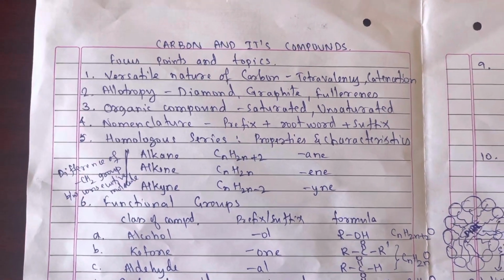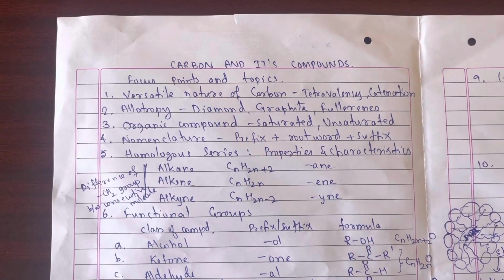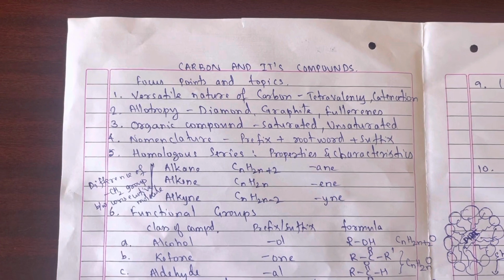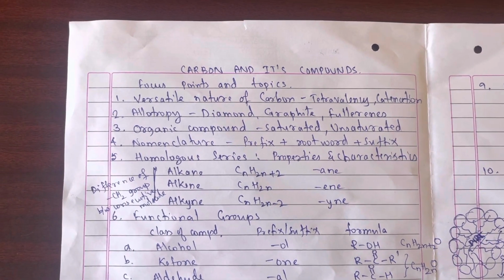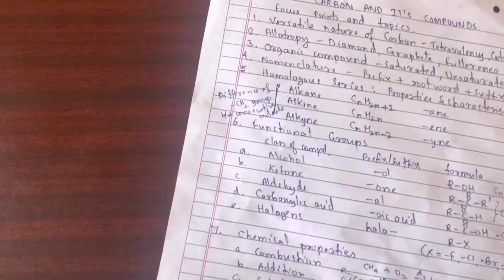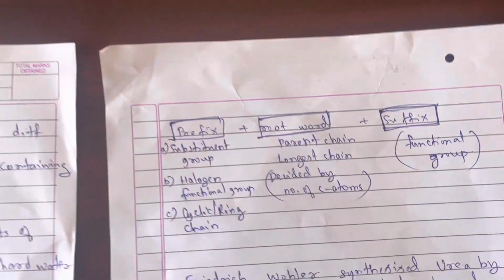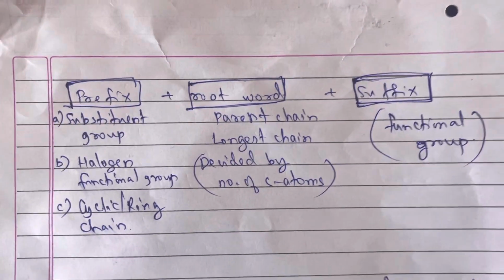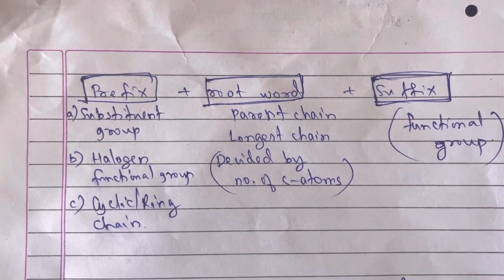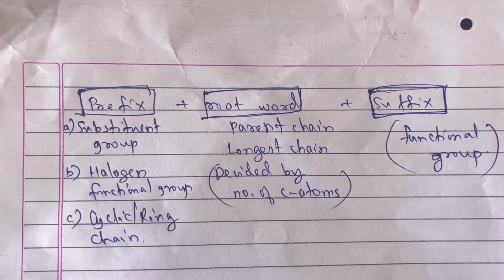The next one, nomenclature. In the nomenclature of organic compounds, we have linear chain, ring chain, as well as branched chain compounds, wherein you will be given to identify the name of the compounds. For naming the compounds, you can use prefix, root word and suffix. Prefixes may be the substituent group, like if one carbon containing group is there, methyl, 2 is there ethyl, 3